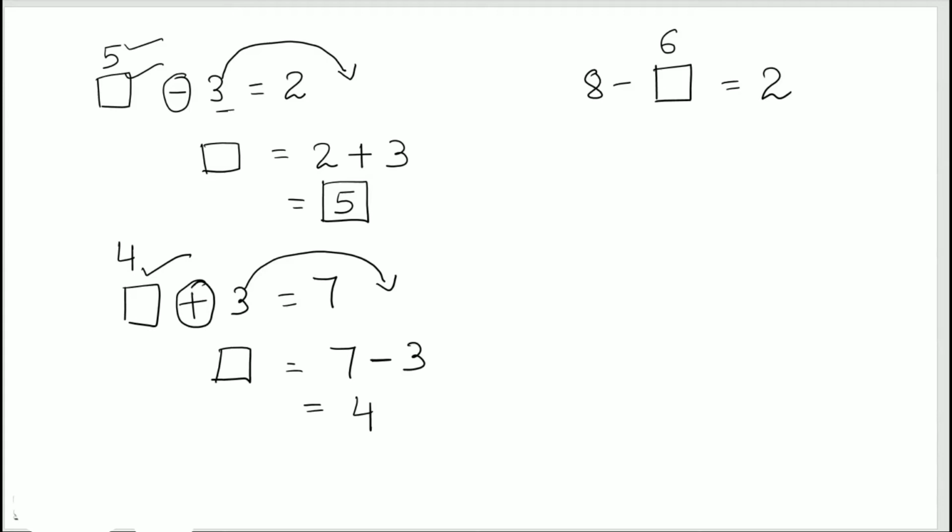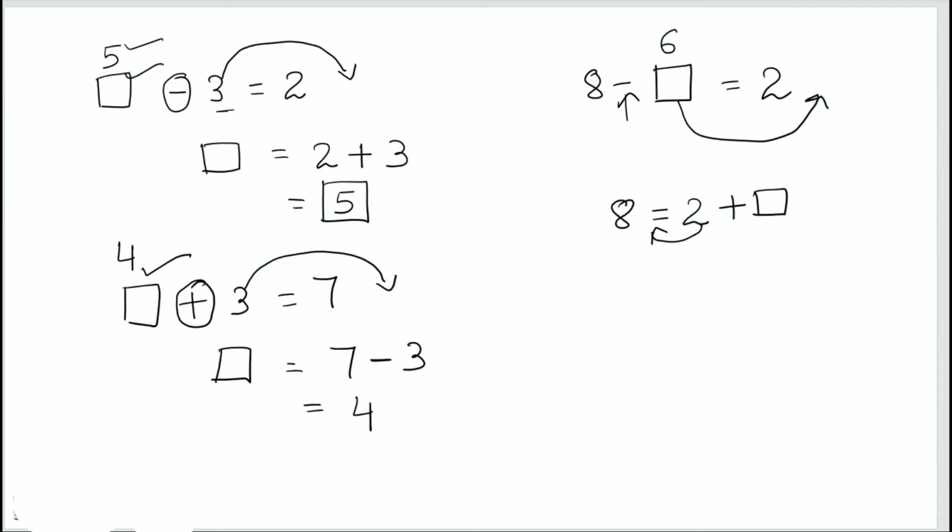What we can do is move this box to the right hand side and 2 to the left hand side. I'll show you step by step. Actually, we can do it in one step, but for now, I'll show you step by step. 2, blank box moves to the other side. So 2 plus, because here we got a minus sign. So this becomes plus. And then shift this 2 to the other side of the equal sign.